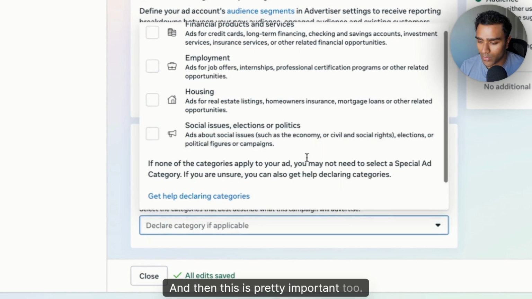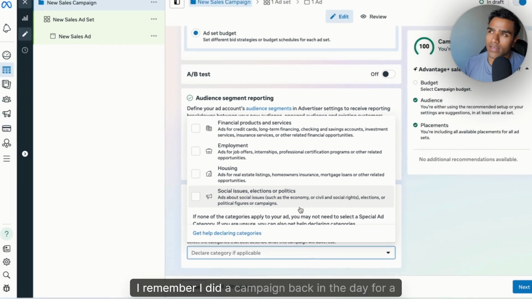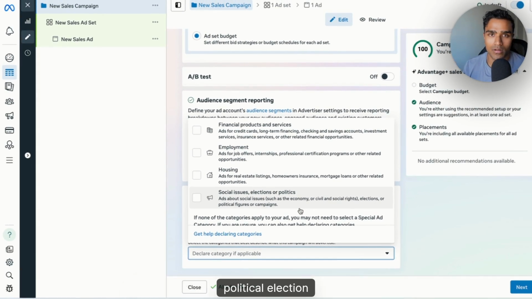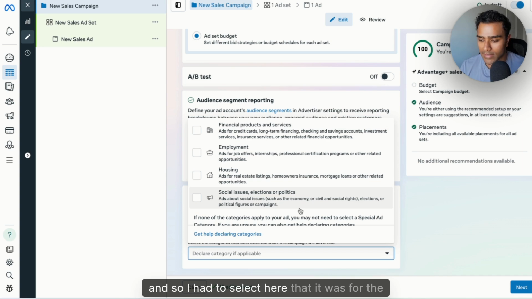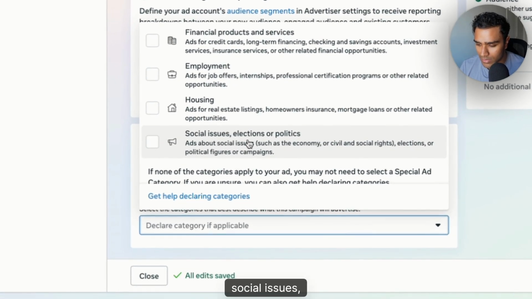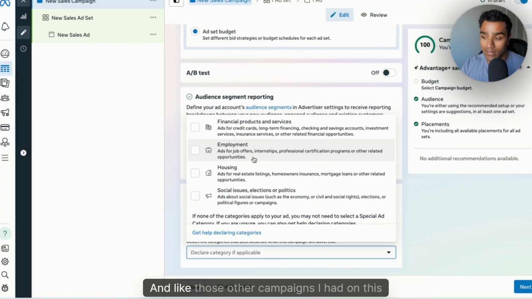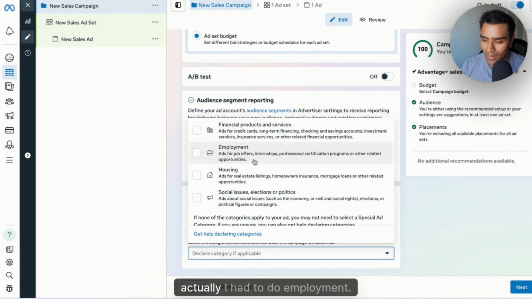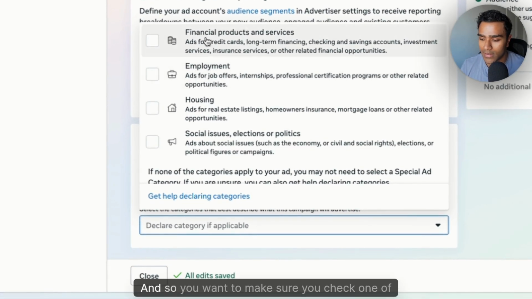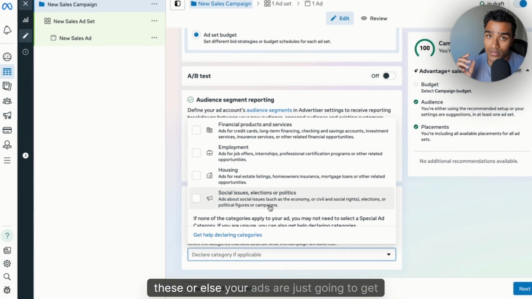And then this is pretty important too. I remember I did a campaign back in the day for a political election, and so I had to select here that it was for social issues, elections, or politics. And like those other campaigns I had on this account, actually, I had to do employment. And so you want to make sure you check one of these, or else your ads are just going to